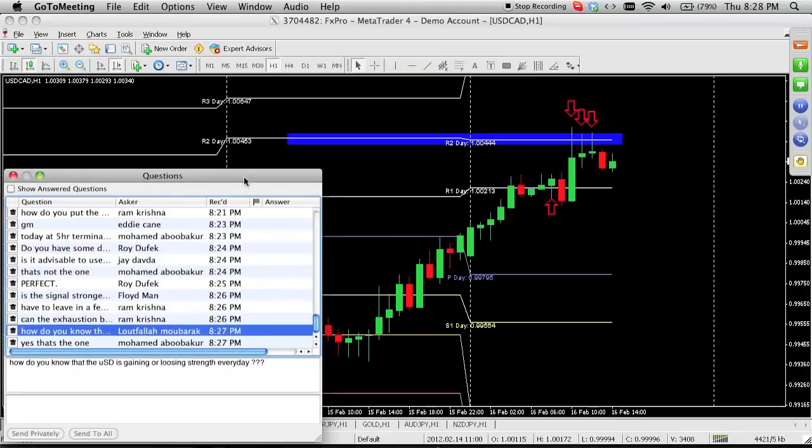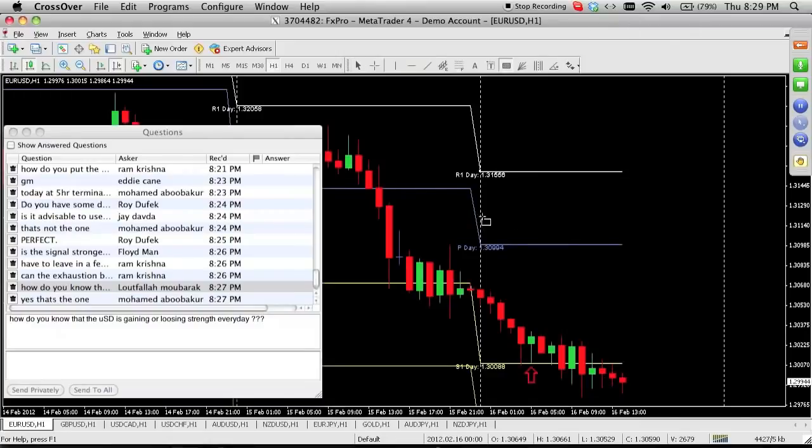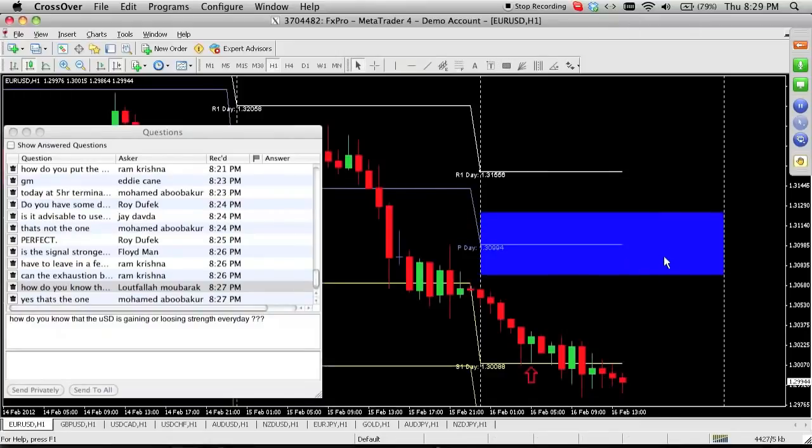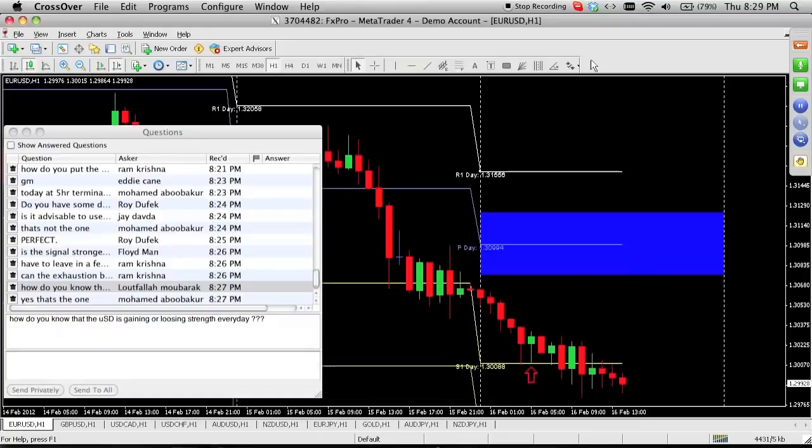Okay, now when you look at all the pairs, I usually do the forecasting by drawing trend lines and doing some fib numbers. Once the forecasts are done, for example, if this is my forecasted area, where I'm saying the market's going to come up and touch and then go short, usually all my pairs will say something similar. Something like this means the market goes up into this, and then it will come down from this area. This means overall the market wants to go down, which means the US dollar will gain strength, because in a pair